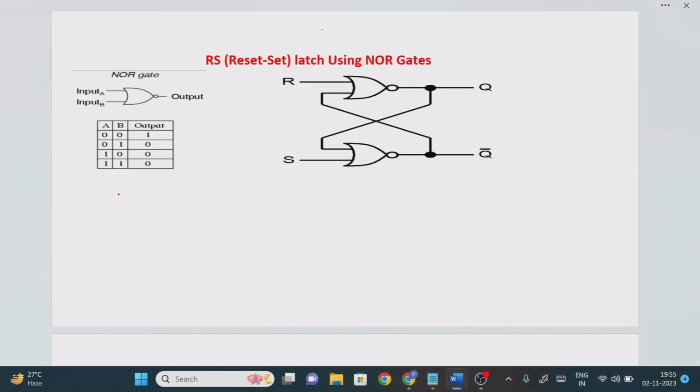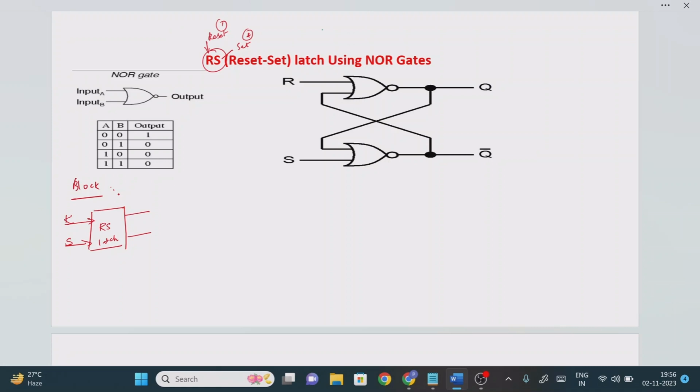First we are going to draw the block diagram representation of the RS latch. If you observe, how many inputs do we have? One is called the reset value, another one is called the set value. So we will have two inputs, input 1 and input 2. In the block diagram, we have two inputs, one is reset, another one is set. This is nothing but the RS latch, as we discussed in the previous classes.